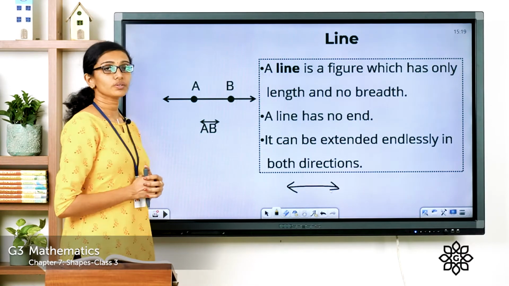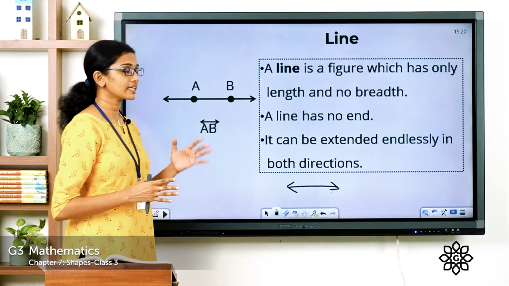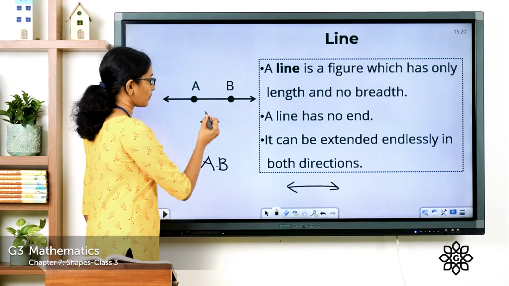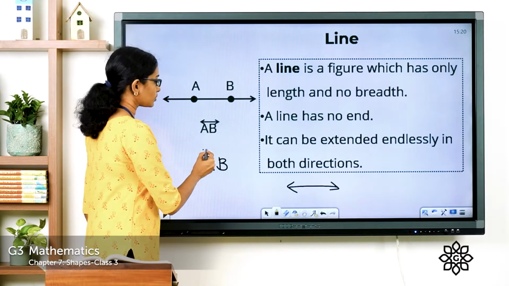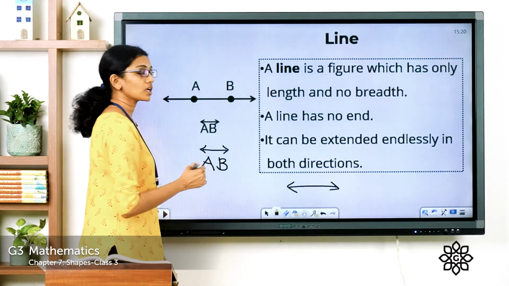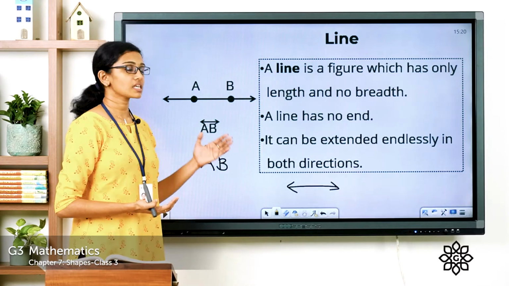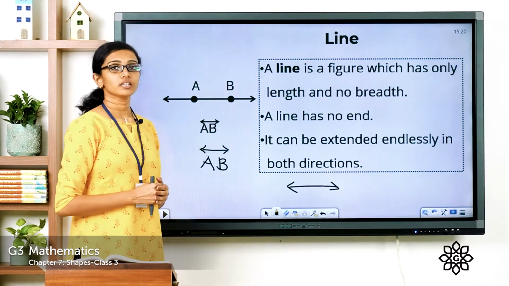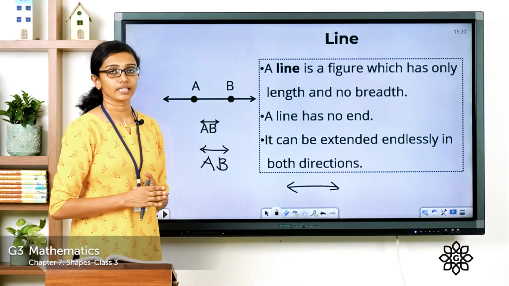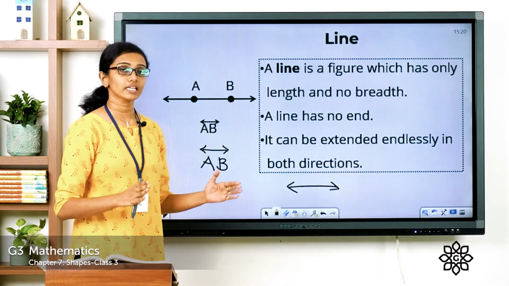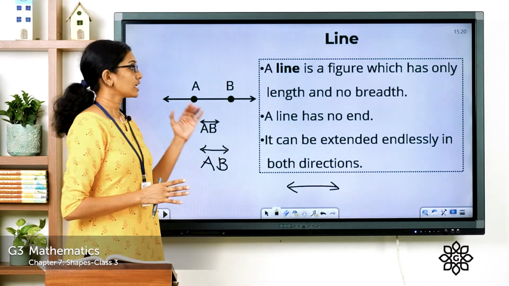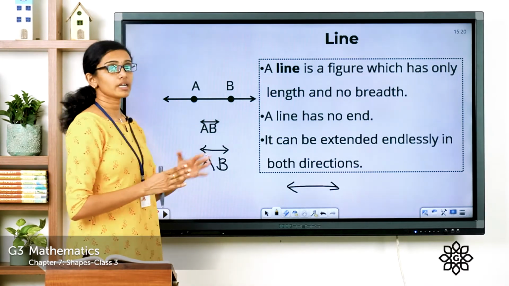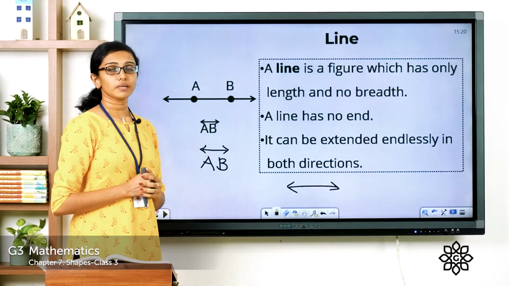And this is how you write a line. You write the name of 2 points on the line like this. Here you can see the points A and B on the line, and above that you draw a line with arrows at both ends. This is how a line is represented in maths. And on a line, since it does not have any fixed length, or since it is extending endlessly in both directions, you can say it has got infinite number of points on it. You can define infinite number of points on it just like this A and B.